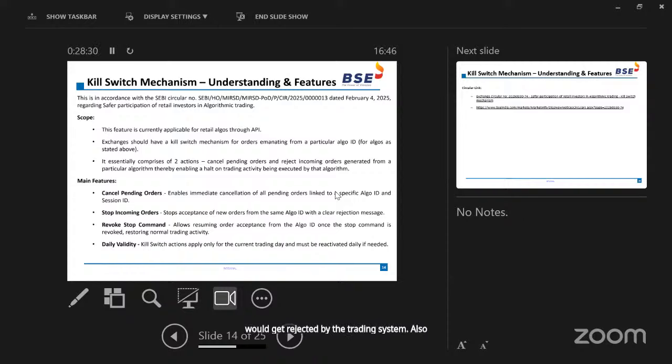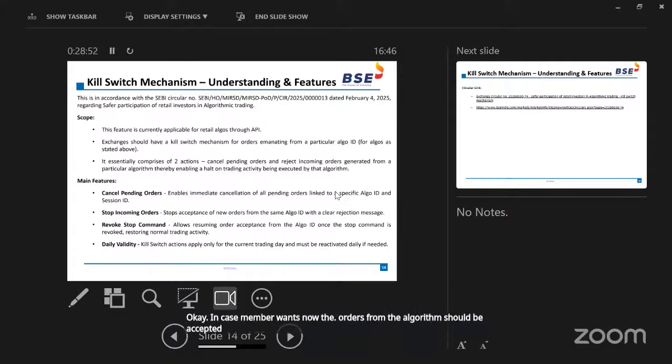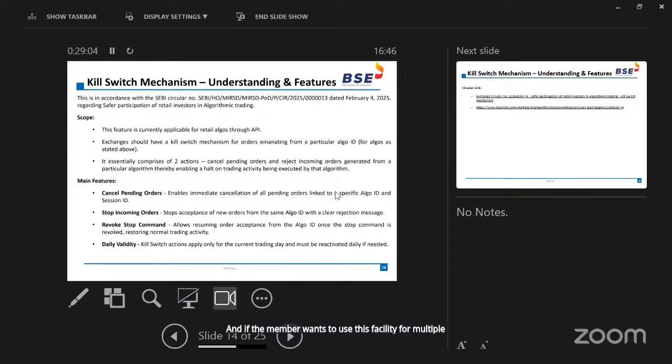Also, there is an additional facility in case of intraday: the member can revoke the algo IDs which have earlier been stopped. So that revoke functionality is also provided at the algo ID level, in case the member wants the orders from the algo ID to be accepted by the trading system again. All these features would be valid only for that particular day. And if the member wants to use this facility for multiple days, he has to initiate the request on a